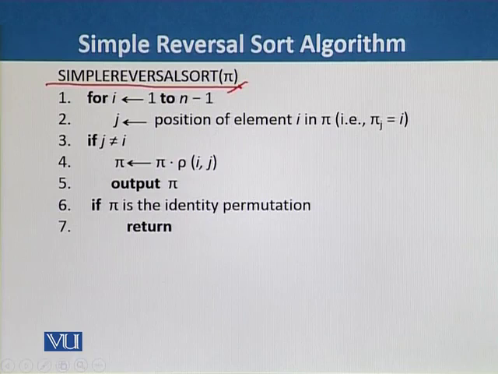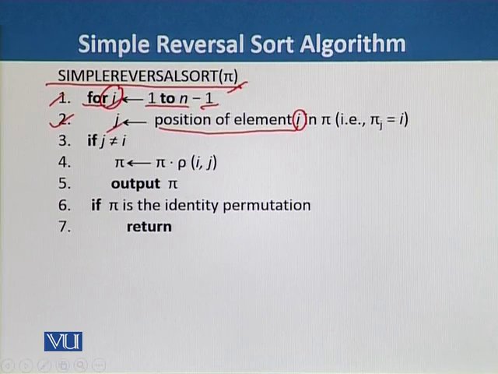Pi is the elements which are present in different orders. In the first step, a for loop will start and we will assign the values 1 to n minus 1 to i. And in the second step, we will assign to j the position of element i in